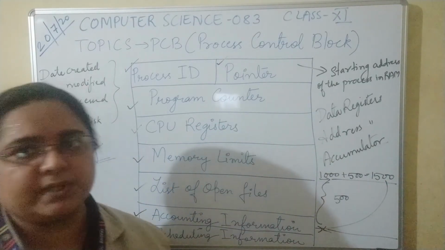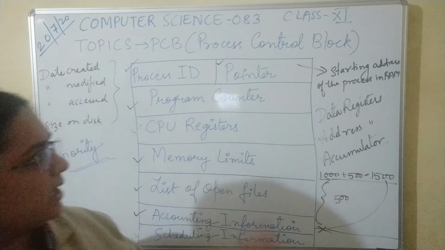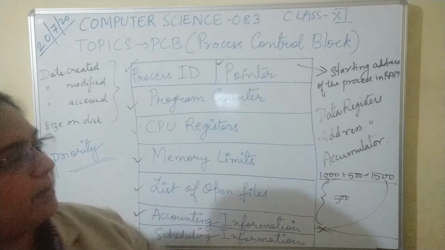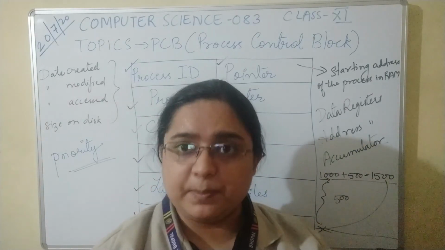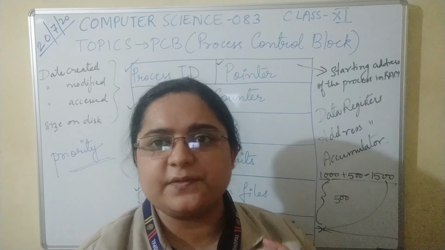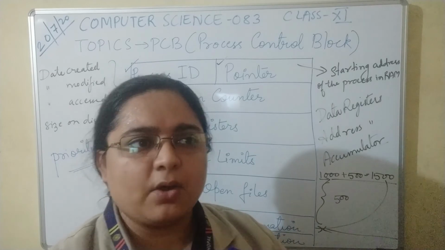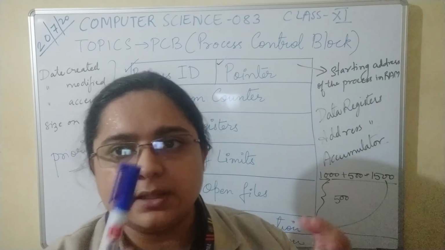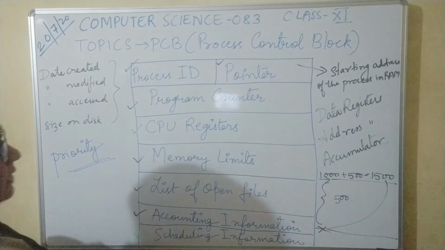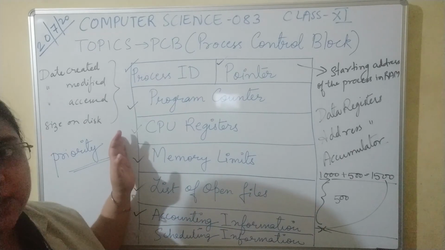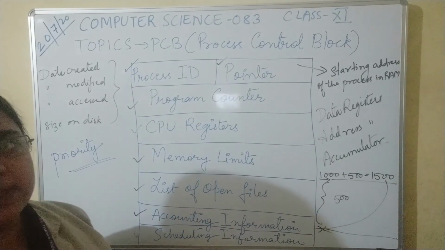So here we see how a process which comes into execution also has associated with it a process control block. A process will be provided certain resources like space for global variables, a heap for taking free or dynamic memory, and a stack for storing things like return addresses and function calls. It will also be associated with a process control block, that is a PCB, which contains all this data.